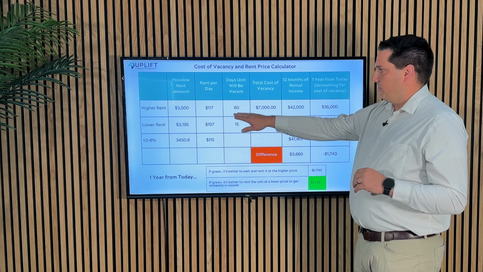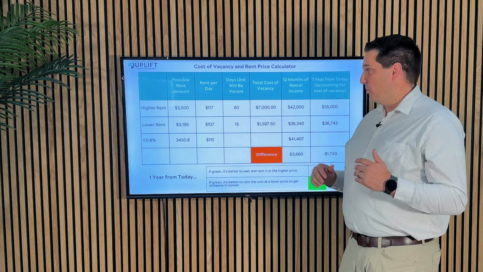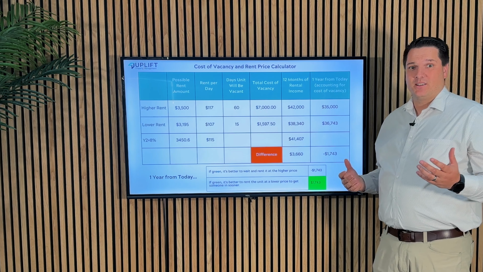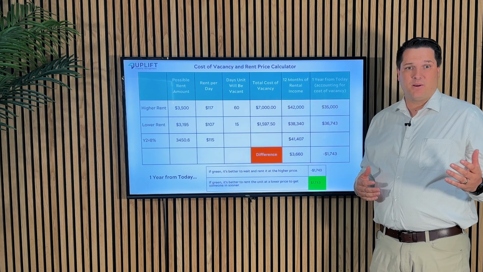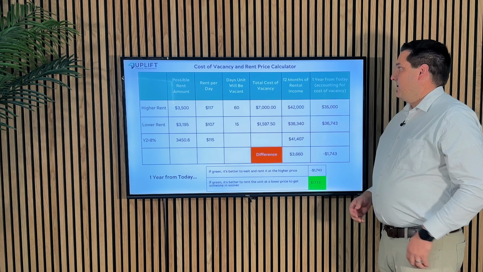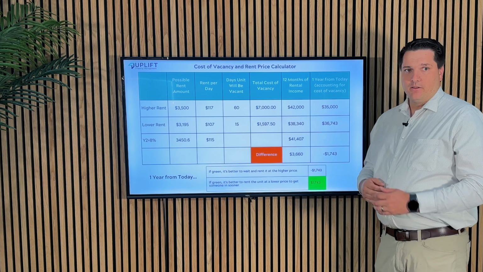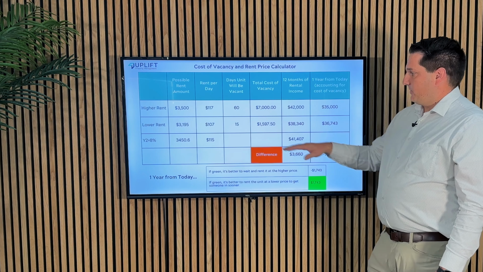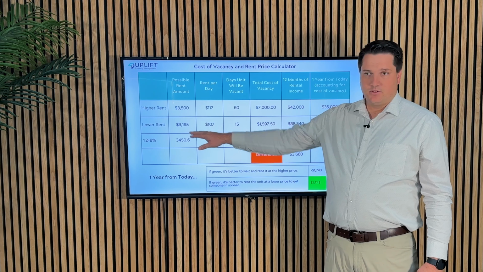So when we look at it, I think it's probably going to take us 60 days in this cooled off market to get that house rented. That's a long time, 2 months of marketing time. Hopefully we can shave some of those days off by pre-leasing it before the other tenant left, but it's still going to take some time to shoot for those high numbers of market rent. And you can see the cost of the vacancy, 60 days, 2 months, is $7,000. If I do get that $3,500 for rent, that's a total 12-month income of $42,000. And you can see that versus when you have a lower rent, if I went to $3,195,